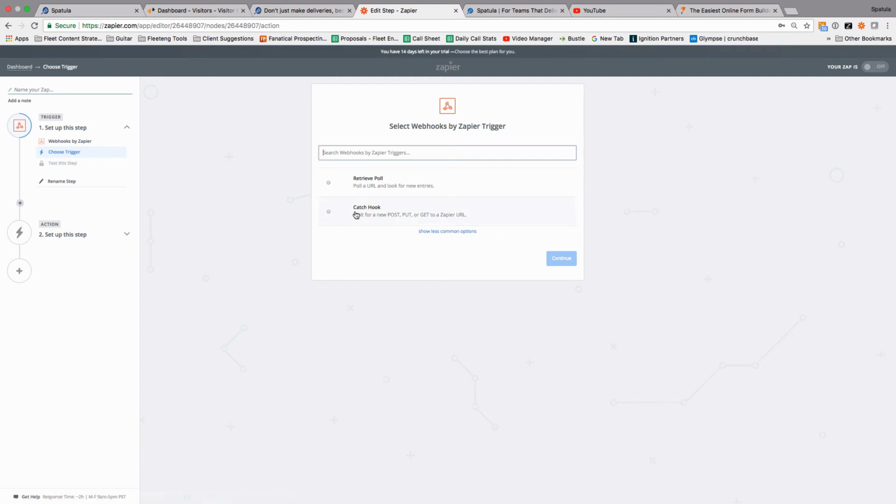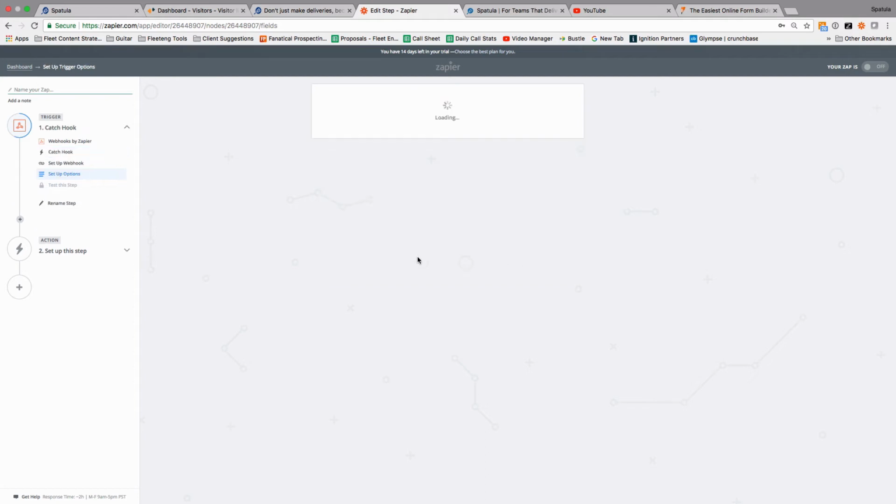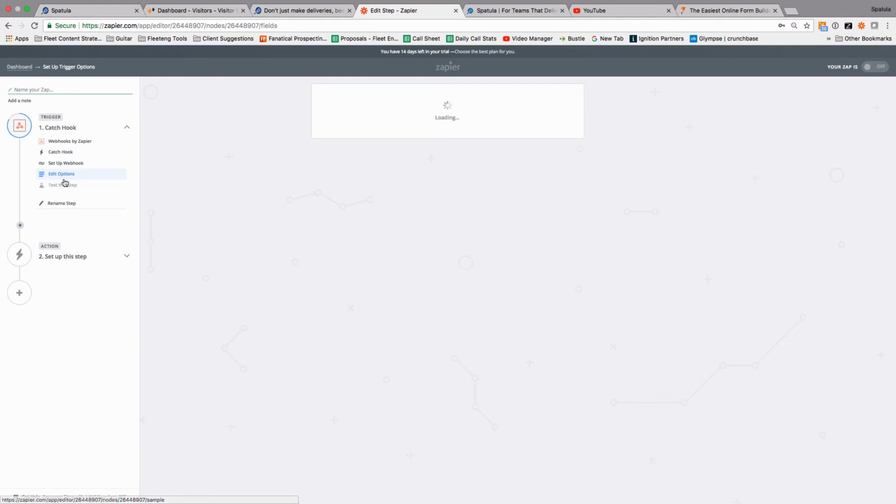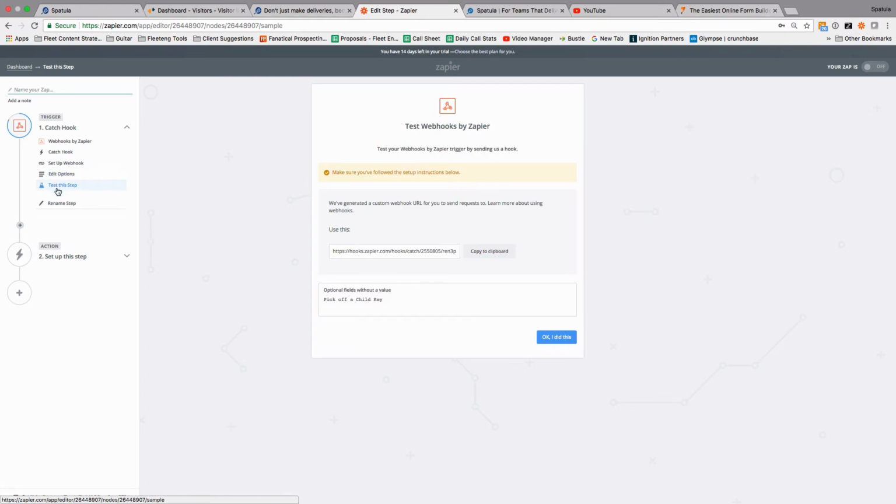So we're going to choose the trigger. It's just going to be catch hook. Don't ask what those are, just accept and move on. And next thing it's going to do is, we'll skip past that, we don't need it. And then in the test this step, it's going to give us this URL here, which we want to copy to the clipboard,